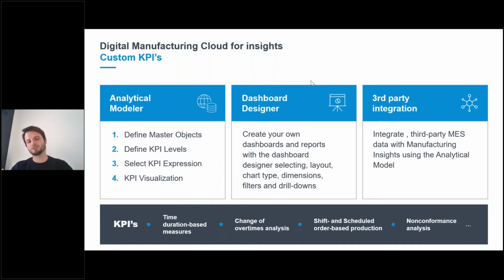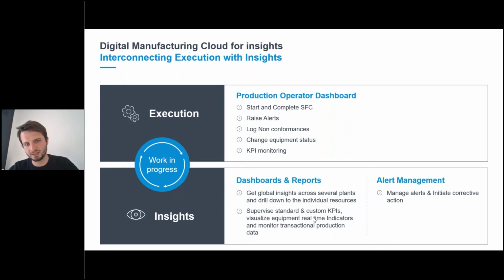So now let's come to the actual integration between execution and insights, describing some of the possible connection points there are. So basically you can say that there are certain trigger points within the production process that produce information, whether they are triggered manually within a production operator dashboard or automatically by a machine on the shop floor. So regarding the DMC for execution, these trigger points can range from non-conformance logging over changes in the equipment status to information triggering points of start, hold, and completion of a material